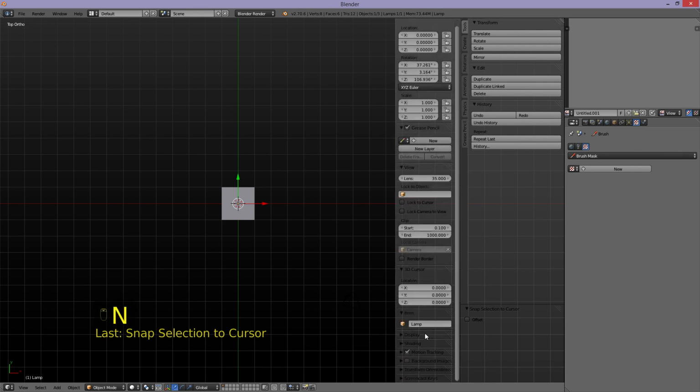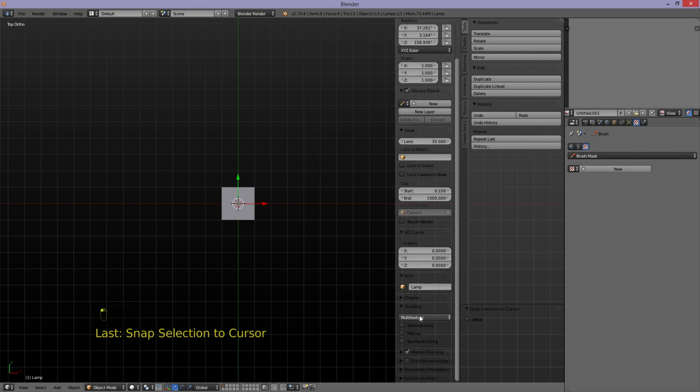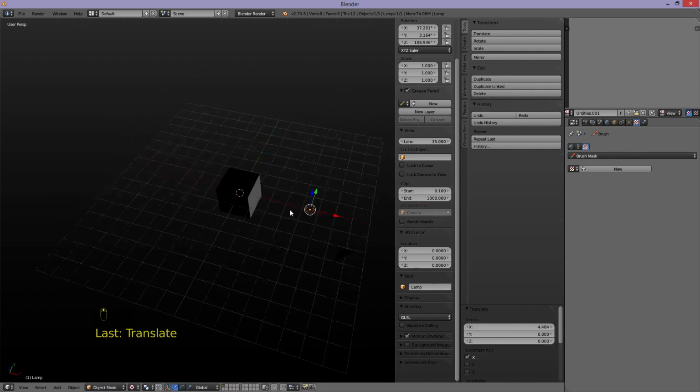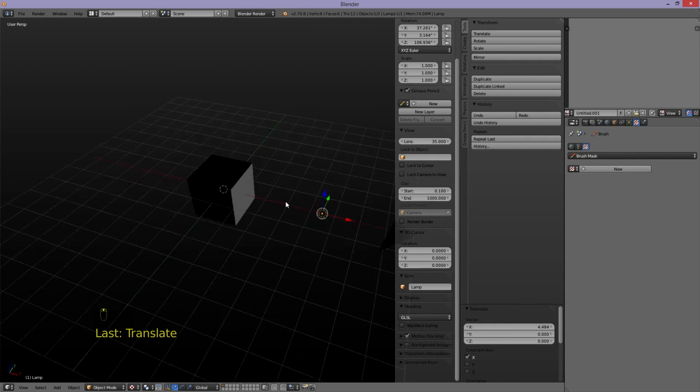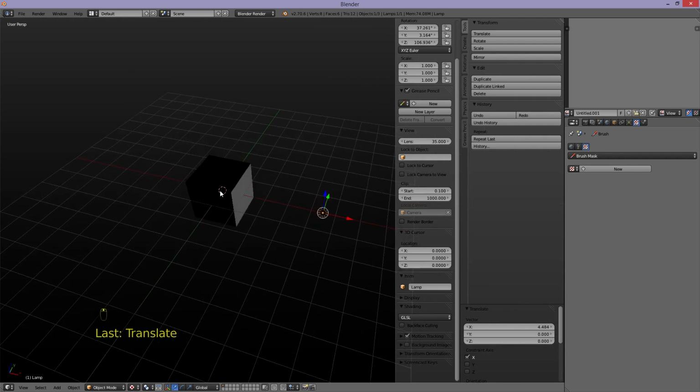In the shading panel, let me turn on multi-texture to GLSL. And I'm going to go to textured draw mode, and I'm going to bring it out from the cursor about like there. That looks like it's got enough light there. I'm going to press the